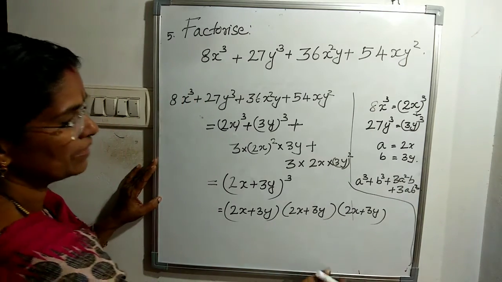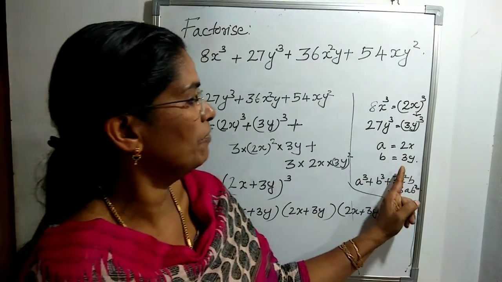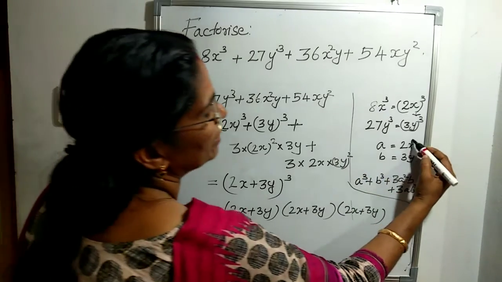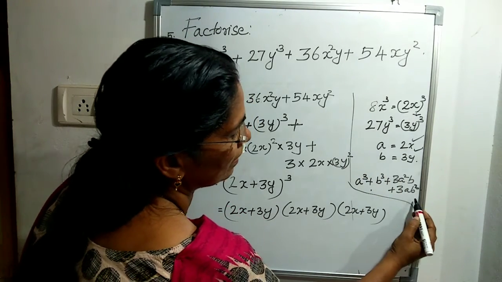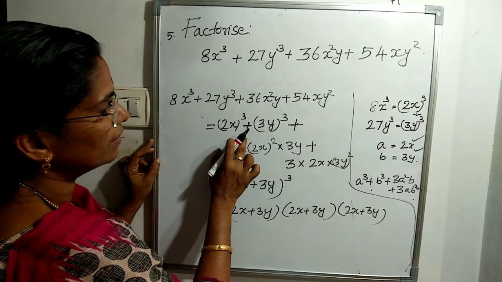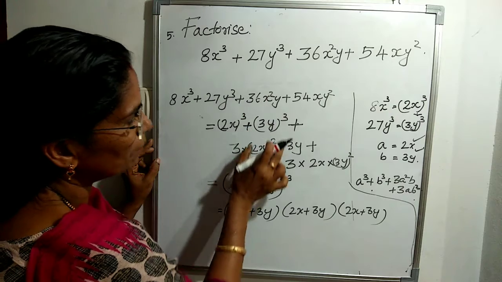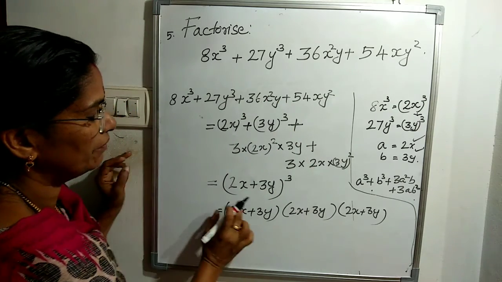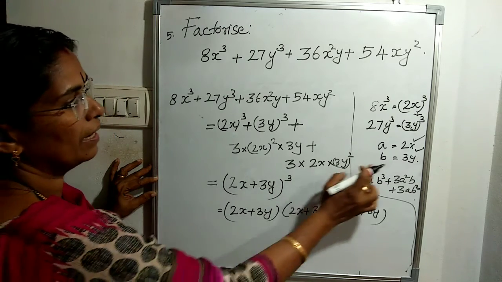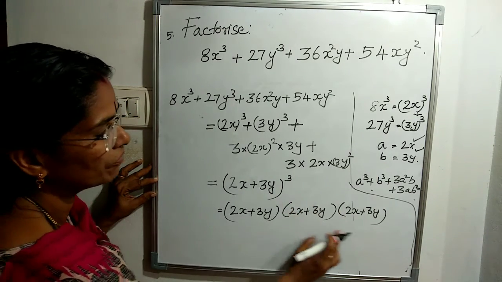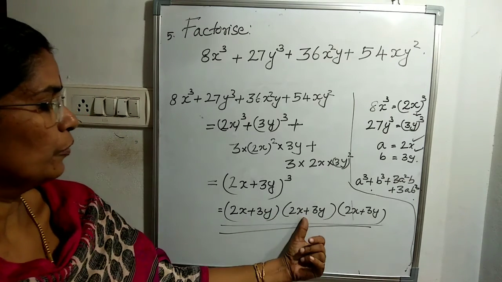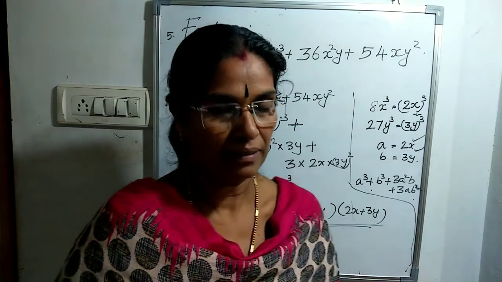Okay. So it is very simple. You want to find out what is a and what is b here by finding from this cubic root. That we have to write first and write the identity on the right side in your working column. After that, you just apply this identity here. Surely when we are comparing this answer, it will be equal. Then we can write it is in the form a plus b whole cube. What is a here? 2x and b is 3y. Now we are writing factors like this. So the given question's factors is 2x plus 3y into 2x plus 3y into 2x plus 3y.